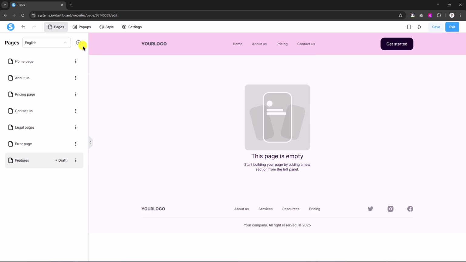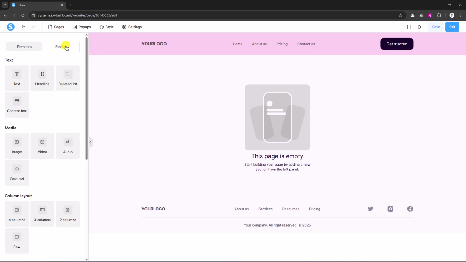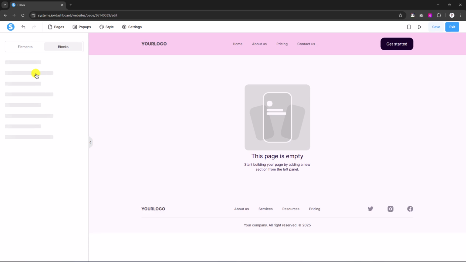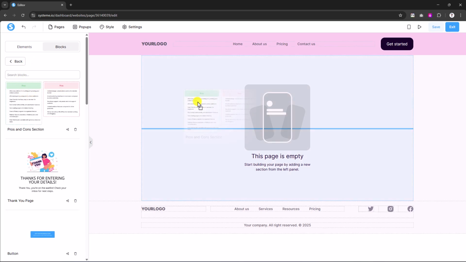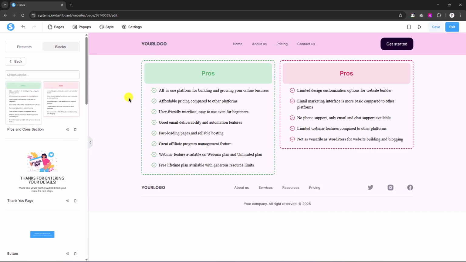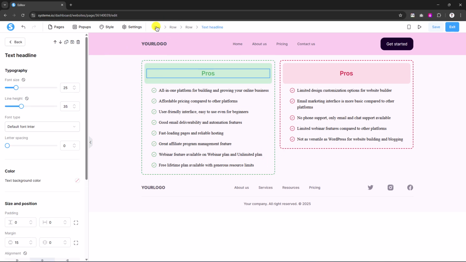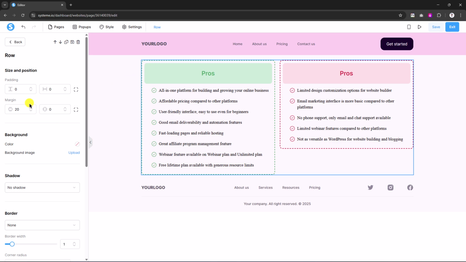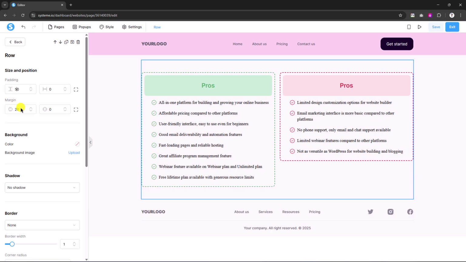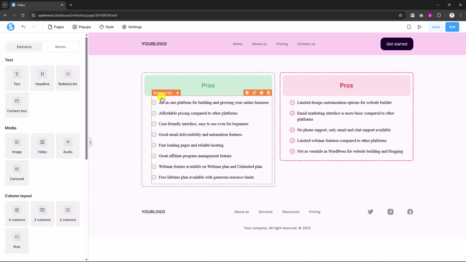So for now I will just click here and I will click blocks, and I will click my blocks. I will just import this block, pros and cons, I will just import this one. Now what you can do, just select this row, main row, and I can add some padding on the top and bottom. Let's say if I just make it 50 pixels, then on the top and bottom it will add some white space. Let's say this is our feature space. Now click save,